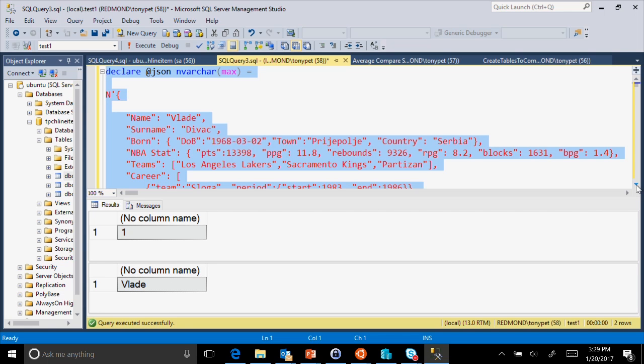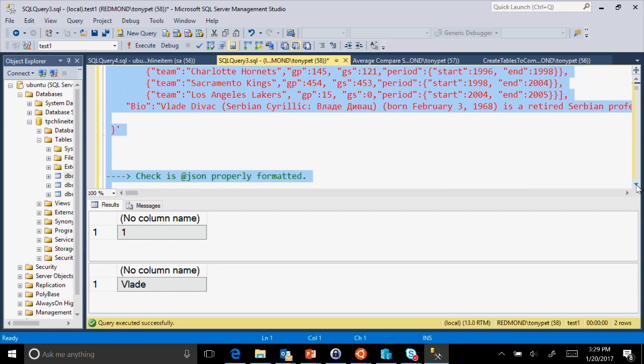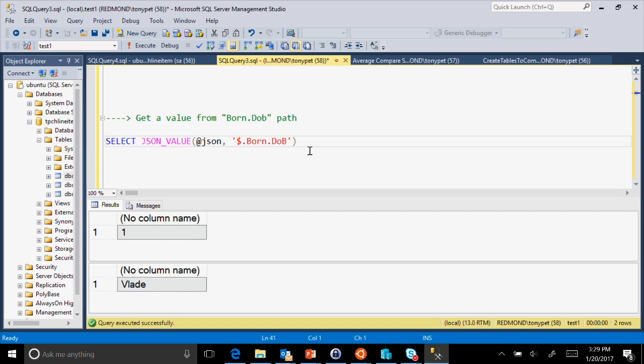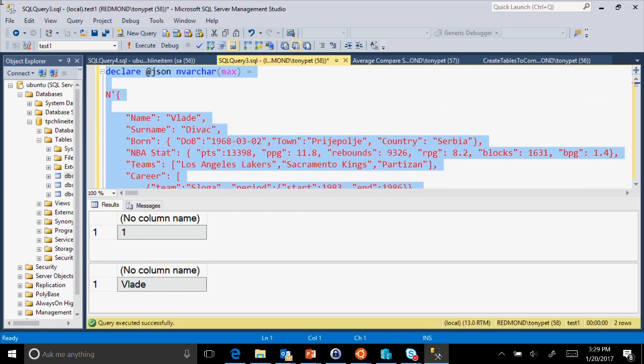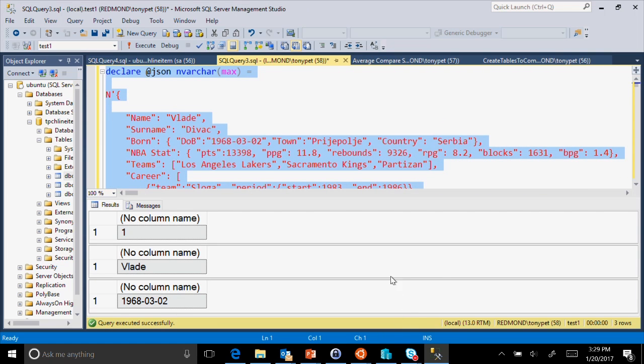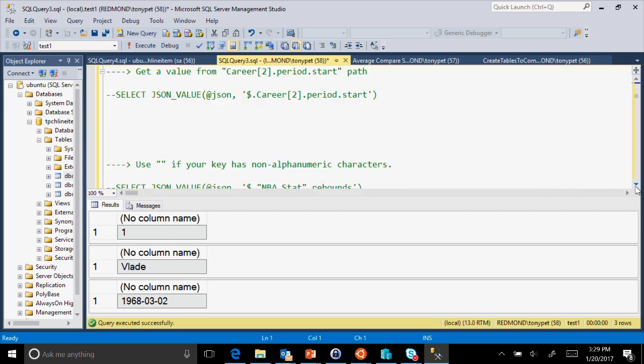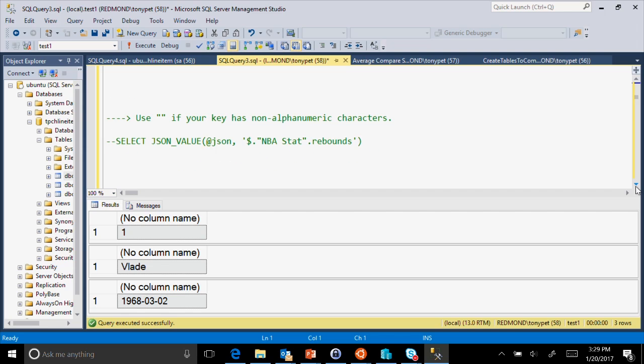The value here that we're looking at is Vlad. Vlad happens to be one of the PMs who works on this. Let's see, when was Vlad born, right? 1968. So it just goes on and shows how you can make use of it.